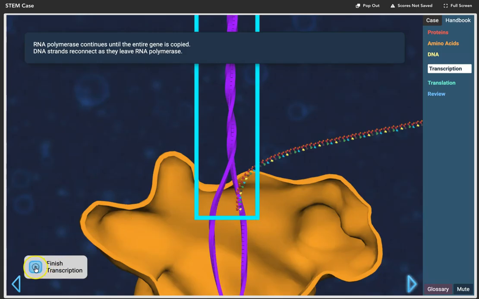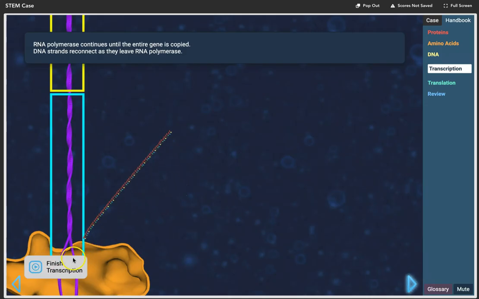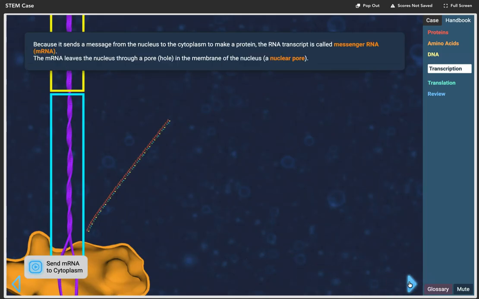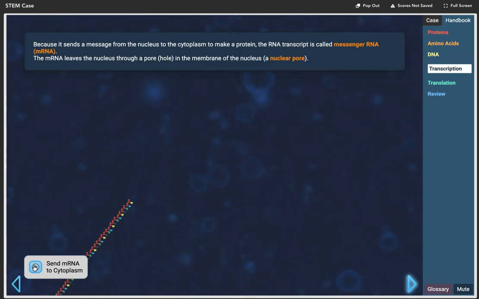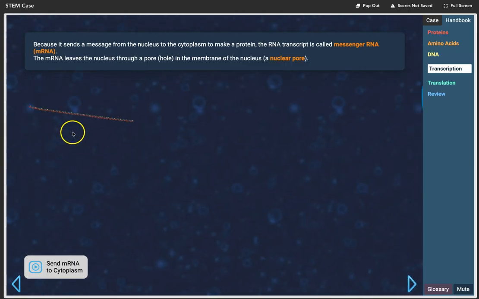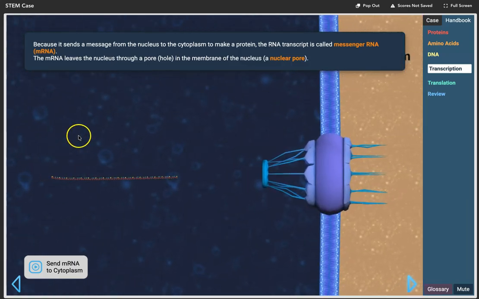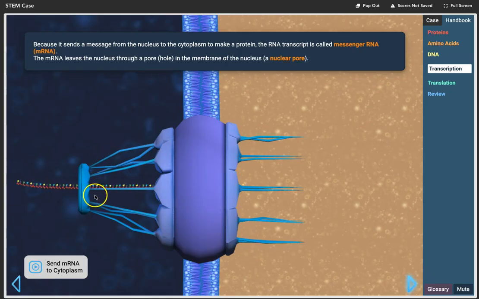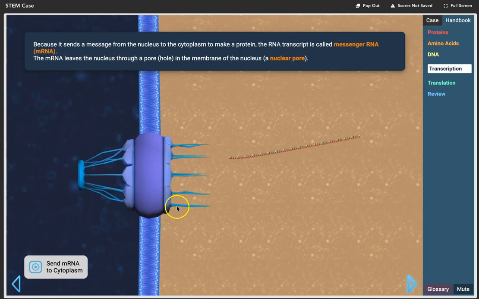To finish the transcription, you'll notice that this mRNA then gets cut and it moves away from the RNA polymerase, and the DNA then reconnects itself. That messenger RNA then moves out of the nucleus. And so we're going to send it to the cytoplasm. You're going to see how it moves through the nucleus, and then it goes right through this little guy here,